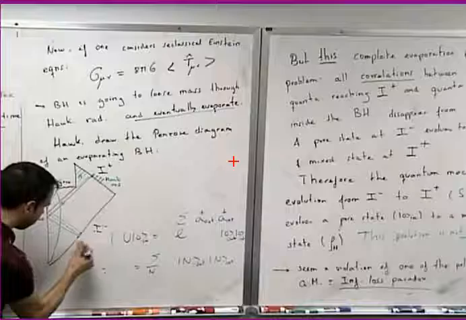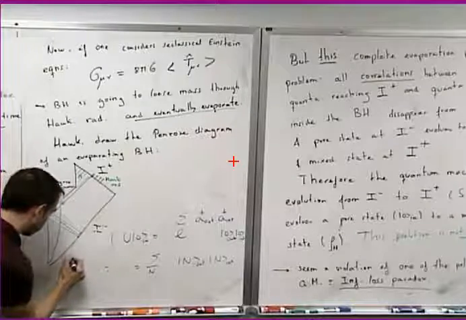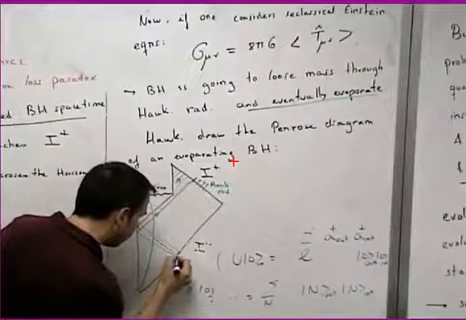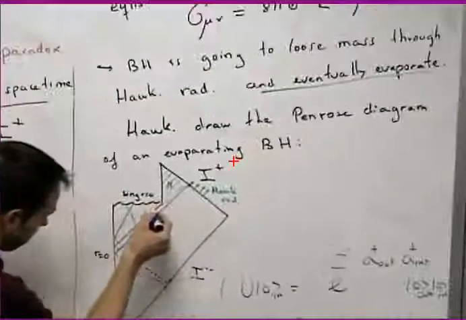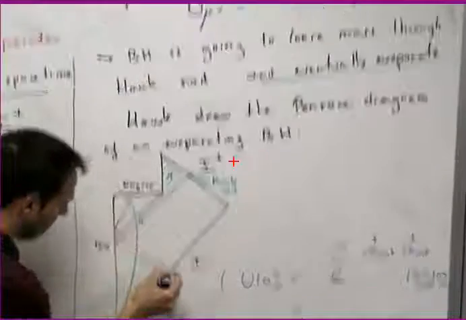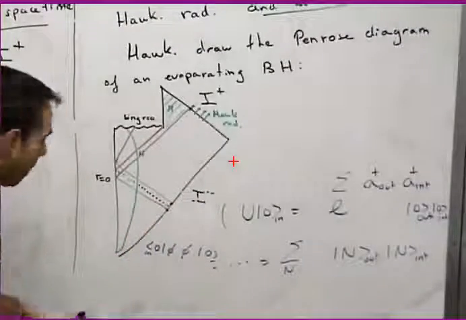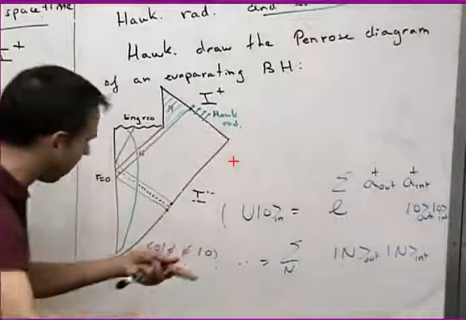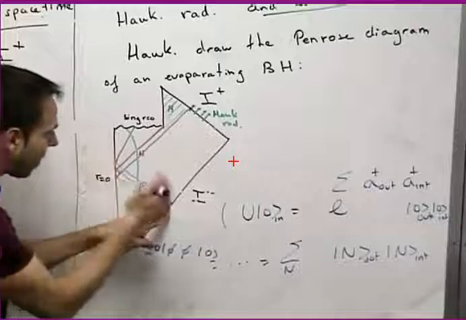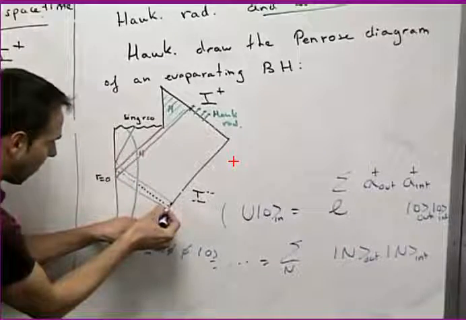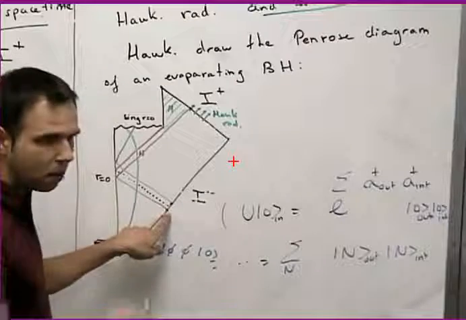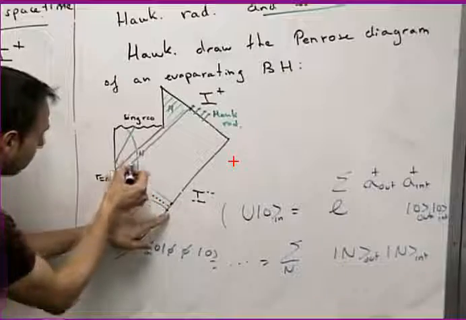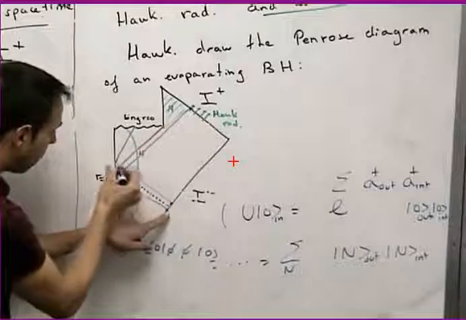So imagine that they compute the two-point function in I minus in the in vacuum, between this point and this point, they are separated by the extension of the horizon. The correlations are non-zero. And in fact, this is why the in vacuum is a pure state, because it's full of correlations, and it makes a pure state. But now, take the quanta associated with that, what I mean is the mode functions, now in the in-out representation. One of them will go to I plus. The other will go inside the black hole.